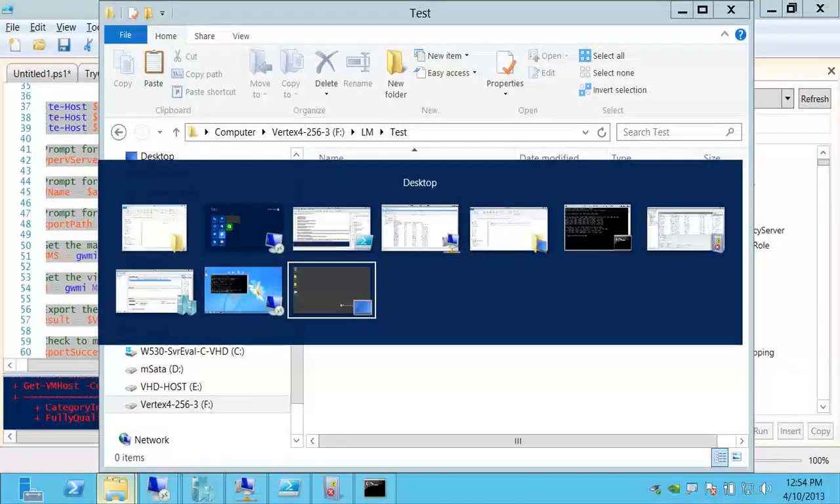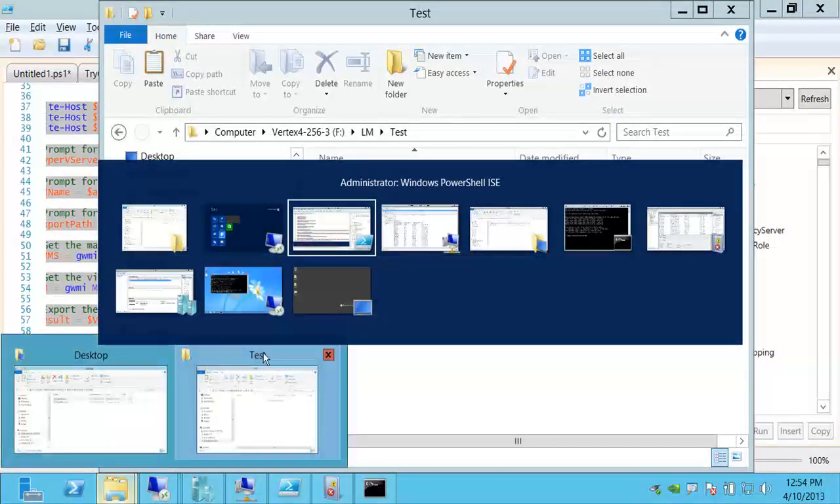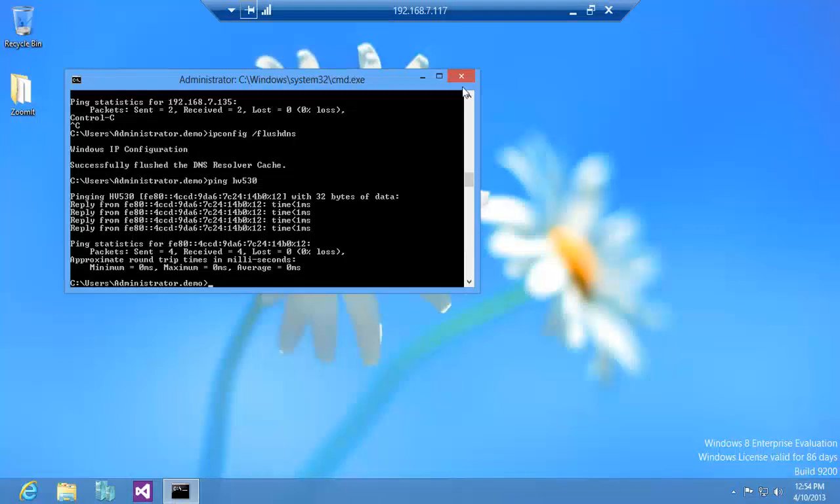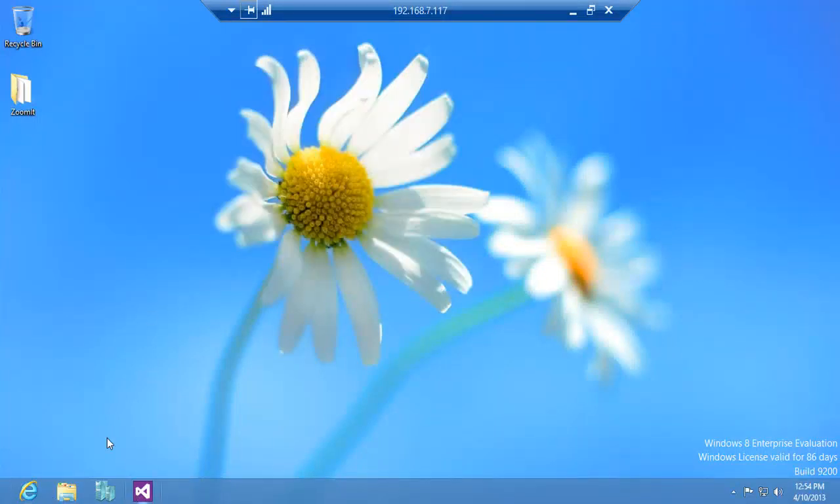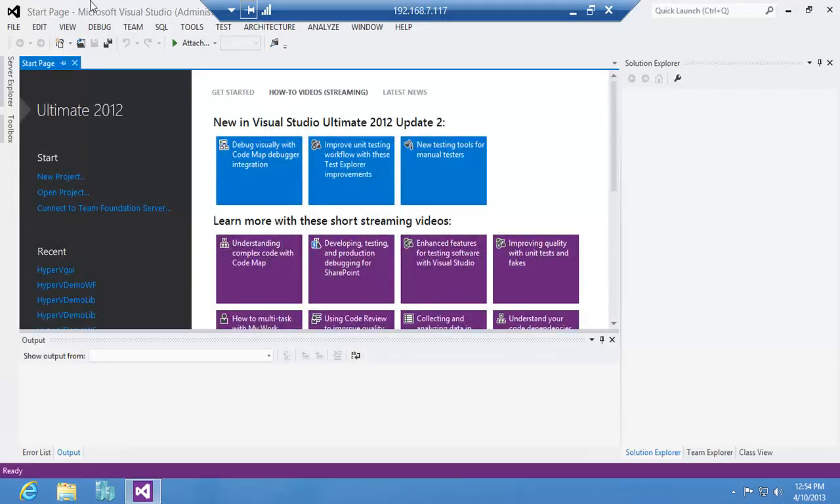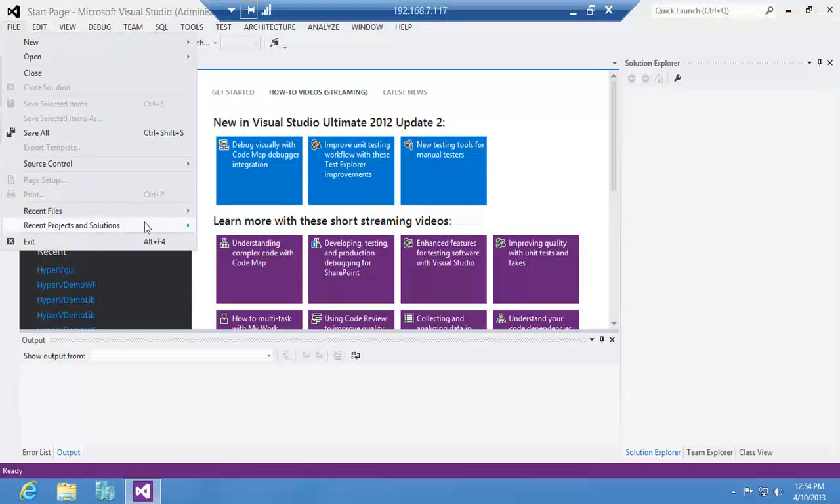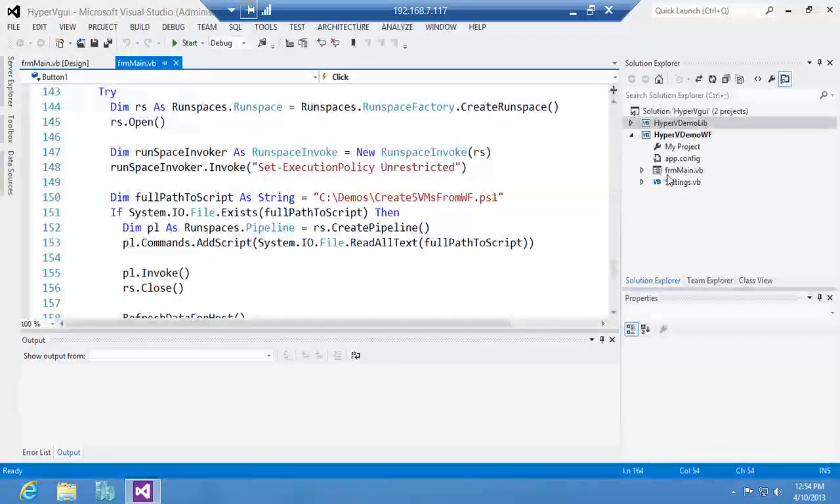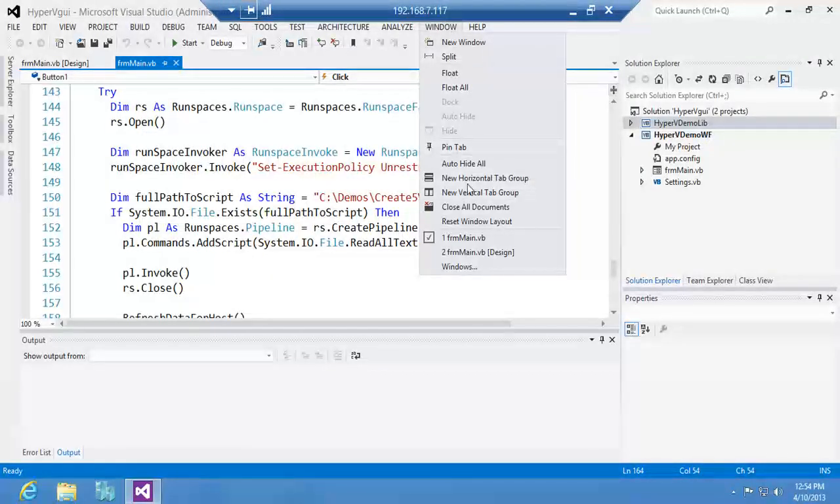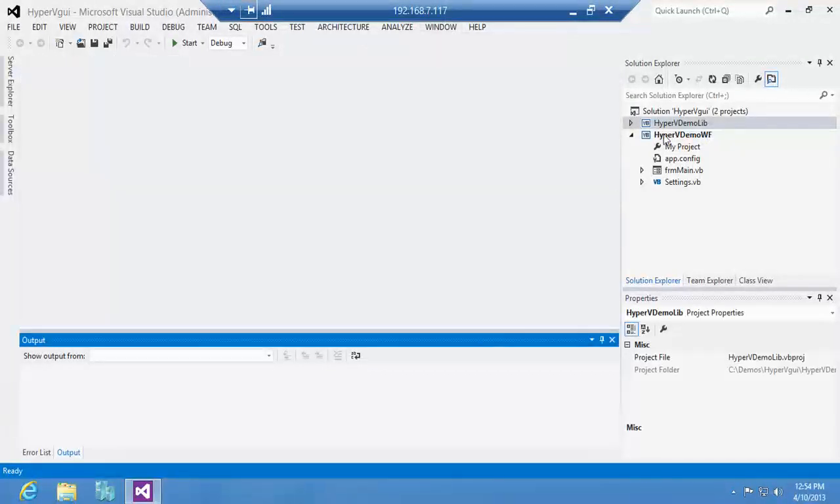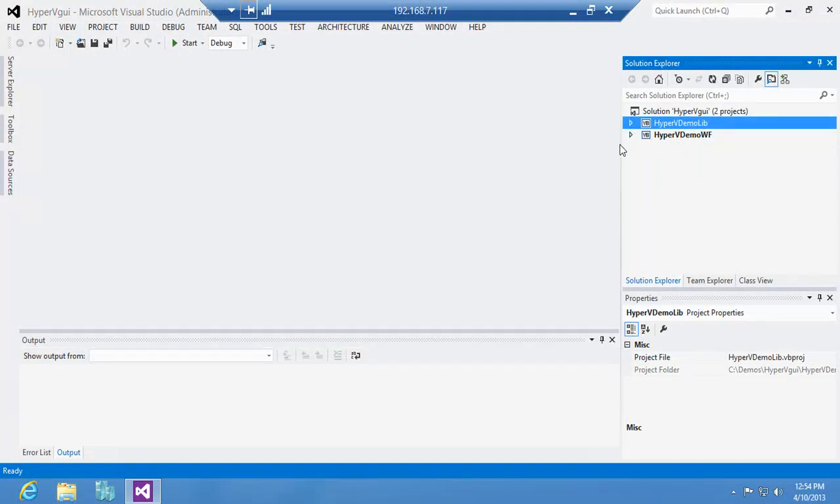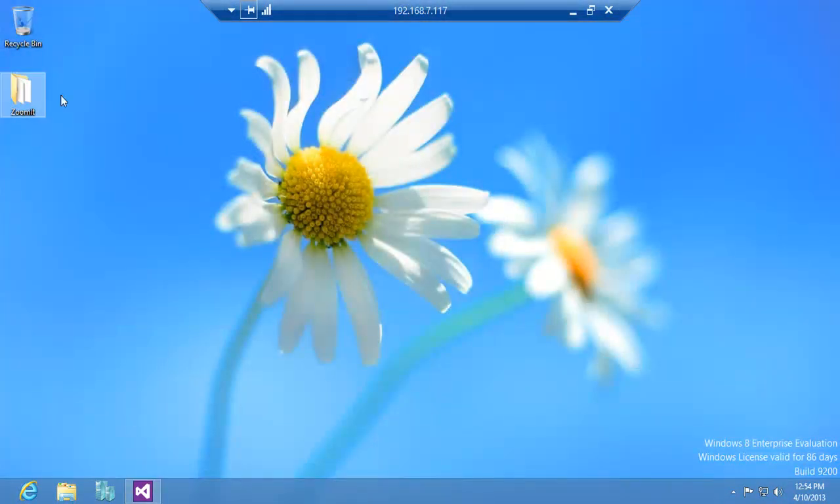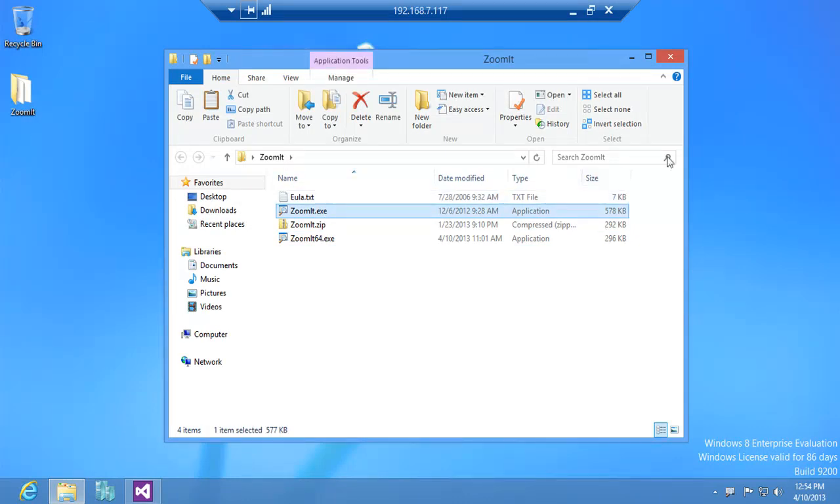And I think it's that one. Yes. Okay, I am using Visual Studio Ultimate, but there's nothing fancy that I'm doing for that. So the first thing you'll note over here is that I have